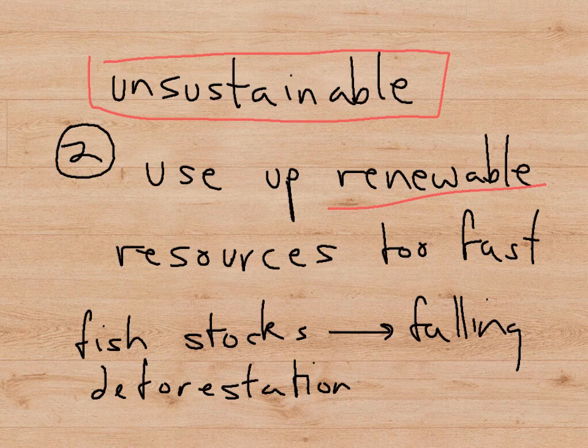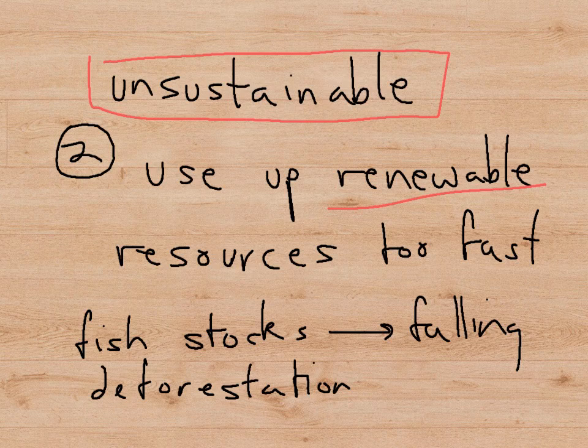Well, economic growth can be unsustainable if we use up renewable resources too fast. And two examples of this can be the falling fish stocks in the world. The amount of fish in the sea is decreasing because we are fishing too fast. We're taking too many fish out of the water and not allowing them to breed before we take them out of the water. And also, cutting down trees too fast can lead to deforestation,